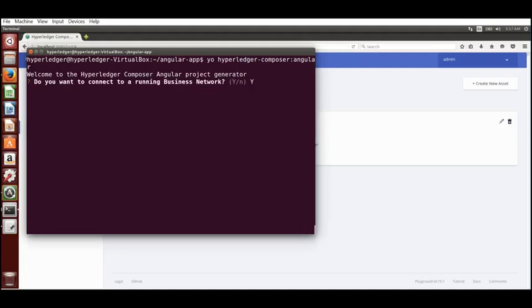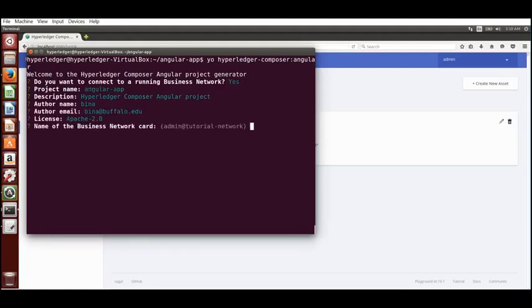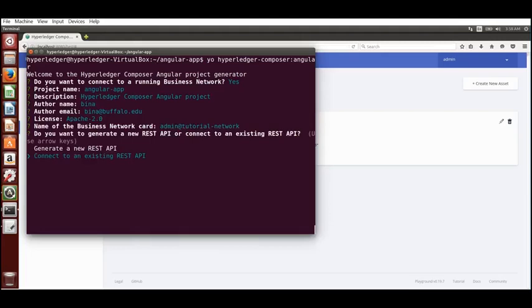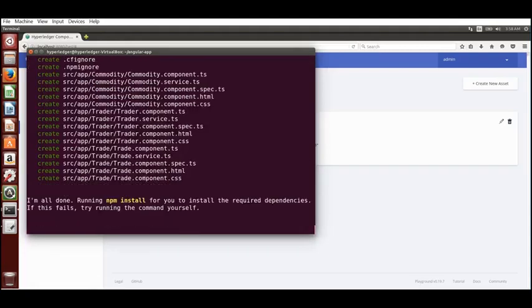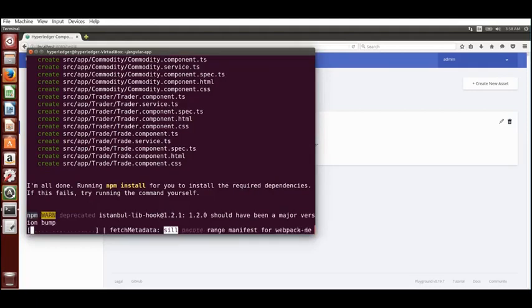Yes, I want to connect the running business network and Angular app. Yes, other name, Apache, that's fine. And then I would take mostly all the default answers, using the up arrow keys, and then it goes through a set of installs that are required.